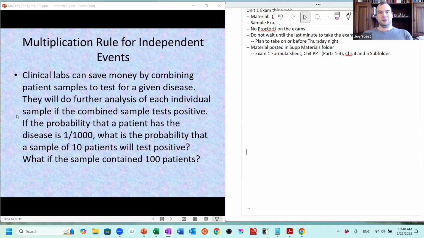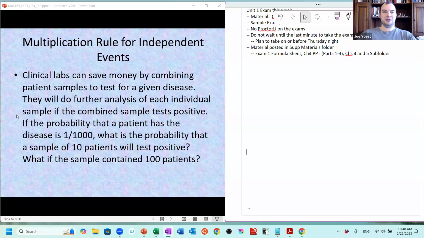Now, the downside is if the sample comes back positive, that means at least one of the 10 people is positive for, say, COVID. Then I don't know which one or two or three of the people were positive, so I'd have to do follow-up testing. So that's certainly a downside. A negative test is very nice. For a positive pool, at the very least, turnaround time is going to be longer, and at worst, maybe it ends up actually costing me more money.